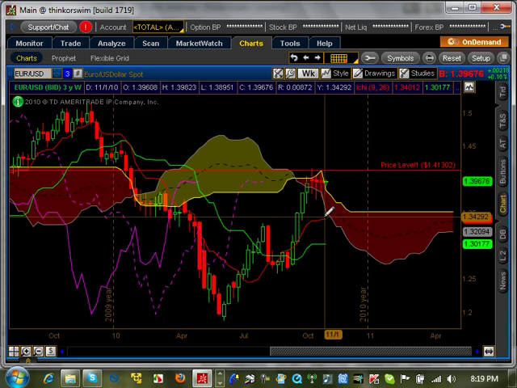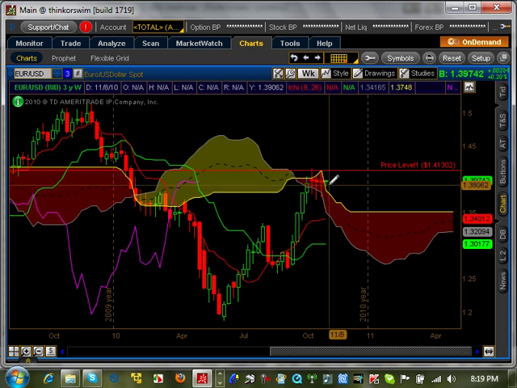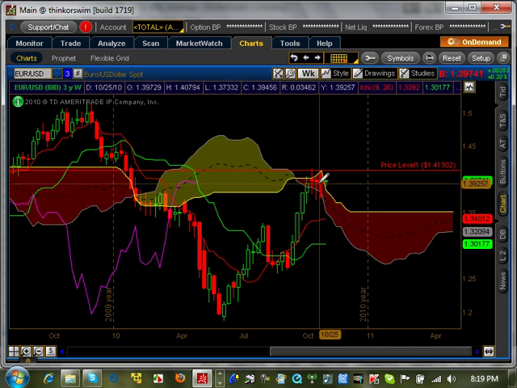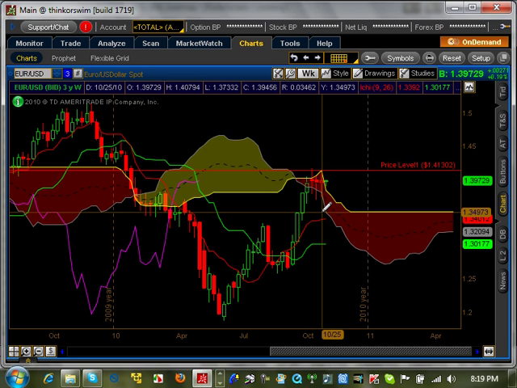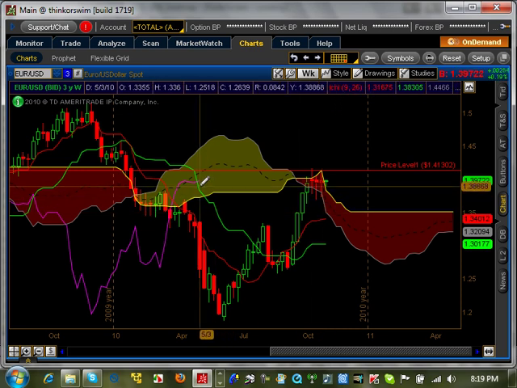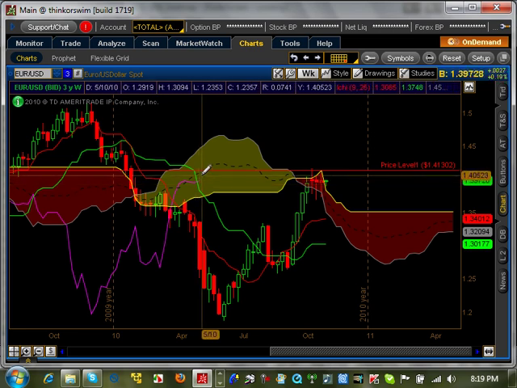It's yet to do a pullback. It's yet to do a sufficient pullback here. However, notice that even though price hasn't pulled back, the Tenkan-sen is starting to move up. So that's looking pretty good. Also, if you look at the Chikou, it's through a thick cloud, but look at that. It's actually broken through the Kijun-sen now, and it looks like it's going to sit there and go through